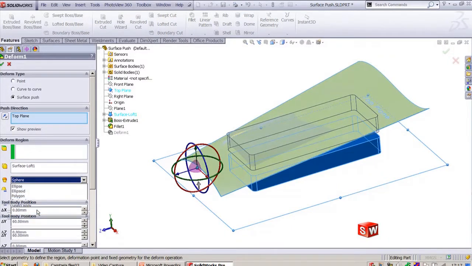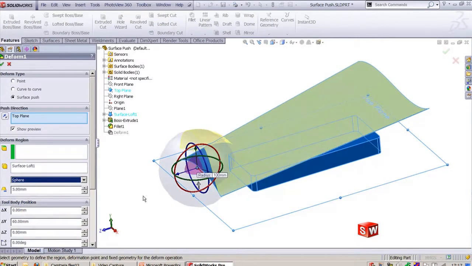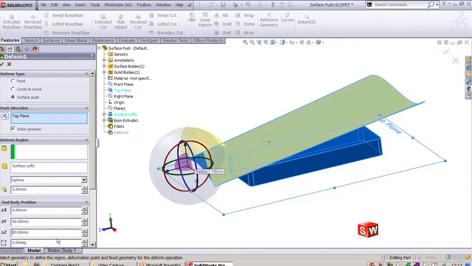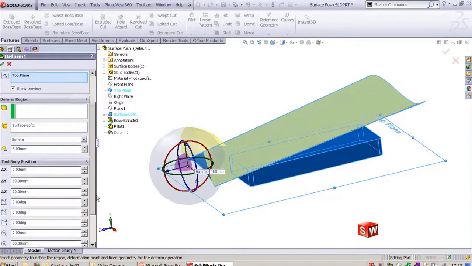I'll go and say sphere, and you need to enter the values for the sphere shape, how you need to create this, and what is the size of the sphere. Once again, I will relocate this sphere by entering the values here. I will make it as -20. Now it is relocated to, okay, 20 is not able to move in this direction. I'll make it as